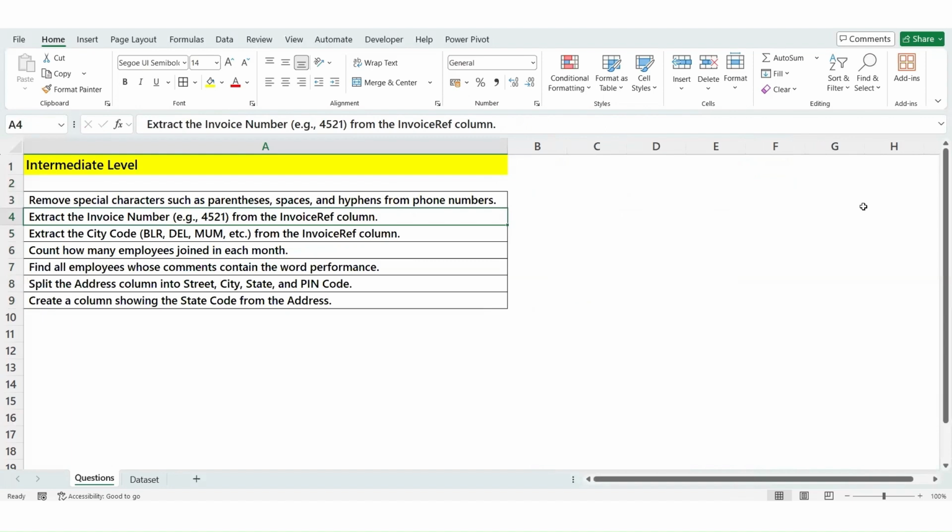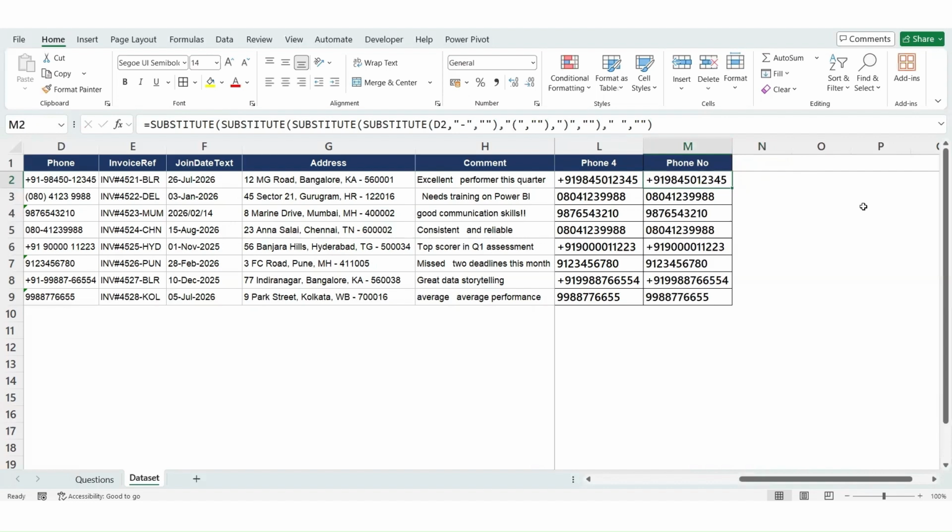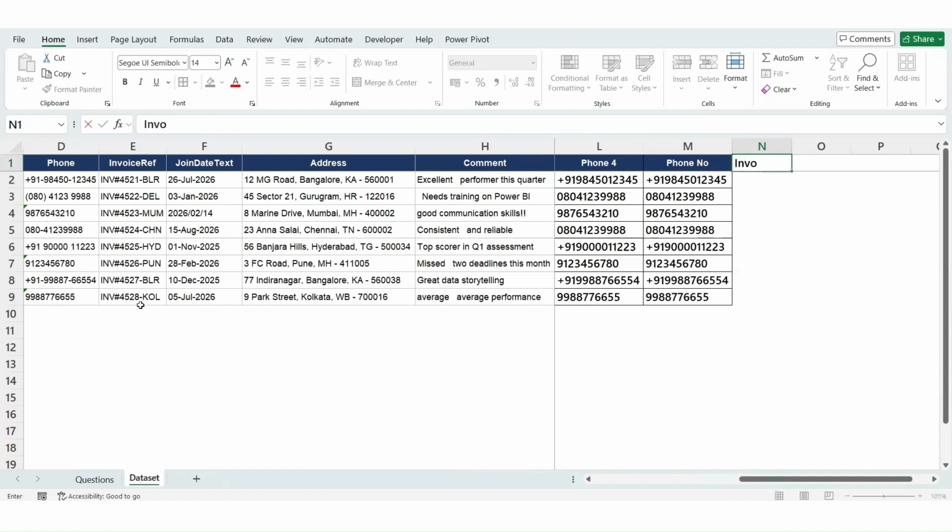Extract the invoice number, for example 4521, from the invoice reference column. As you can see, the E column contains the invoice reference. After the hashtag, you can see the 4 characters contain the invoice number. When all the data is aligned in proper position numbers like this, after the hashtag, then you don't have to write an advanced level formula. So I'm writing here invoice,